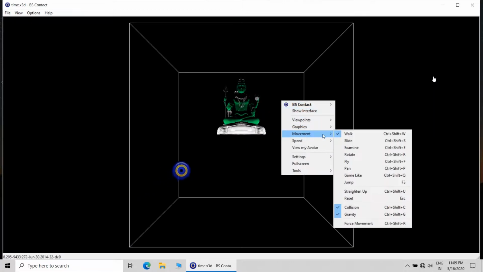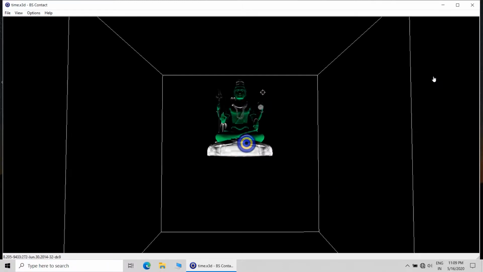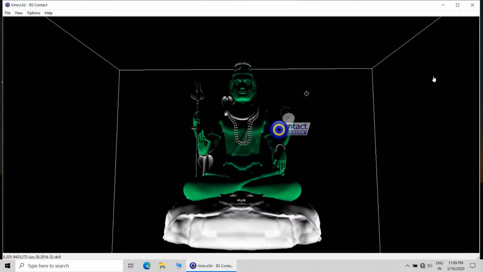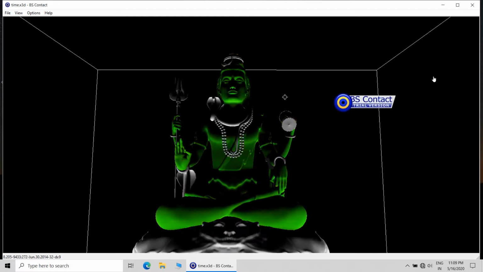And it will retain that color if we go outside the region of, now we are inside the proximity sensor region, and you can see that the statue is taking different colors.